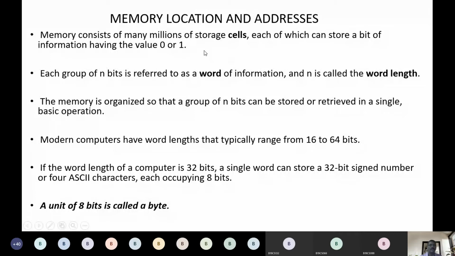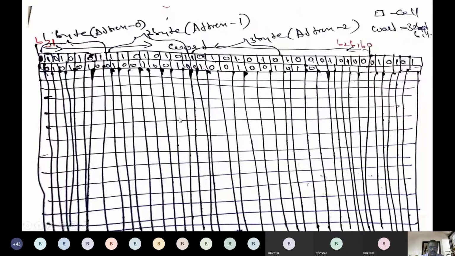So in the last class, we were dealing with memory location addresses. So we are looking at how the data is stored in the memory, how it is split into units to store the data, and how the addresses are allocated for the memory. When I say memory here, you can assume it's the main memory. I said this is a main memory. It is split into multiple cells, square boxes. Each square box we call a cell.